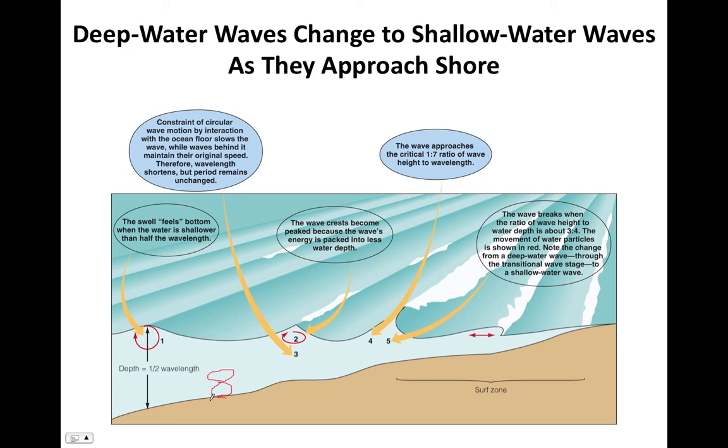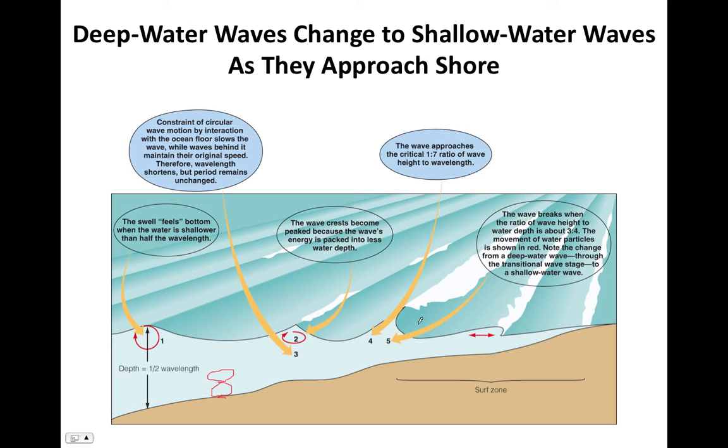And because of the friction interaction with the sea floor, that circular path of the water molecules becomes elliptical, and eventually, when the water is shallow enough, the path will actually become horizontal. And the white comber forms whenever the ratio of height to length becomes 1:7, and eventually the wave will actually break when the ratio of height to depth is 3/4. So if the height of the wave is 3 meters and the length of the wave is 4 meters, that's whenever